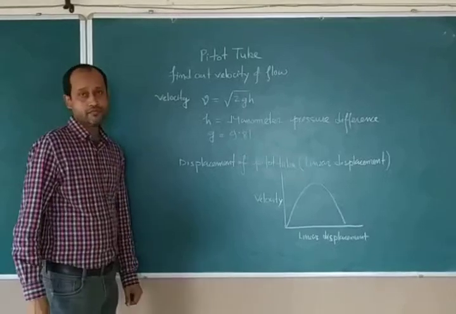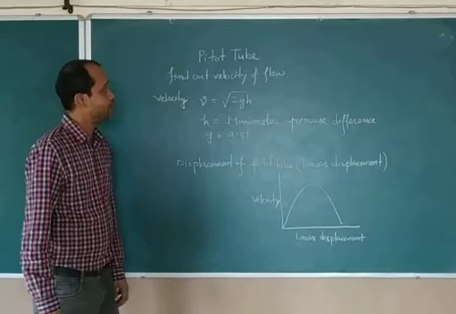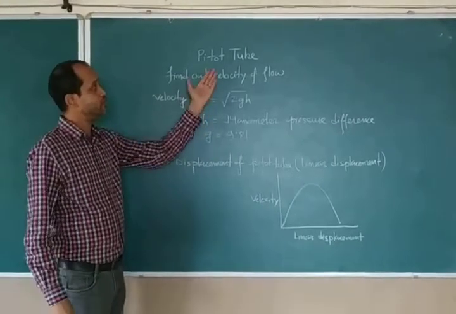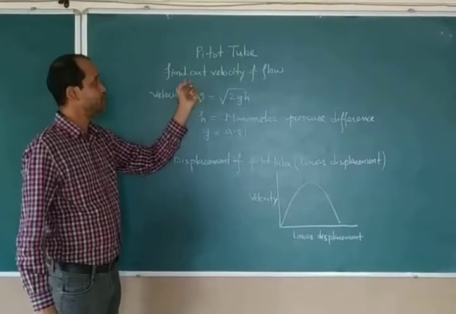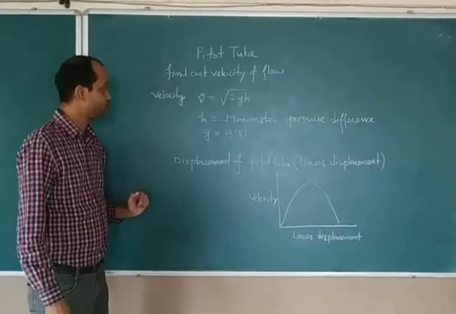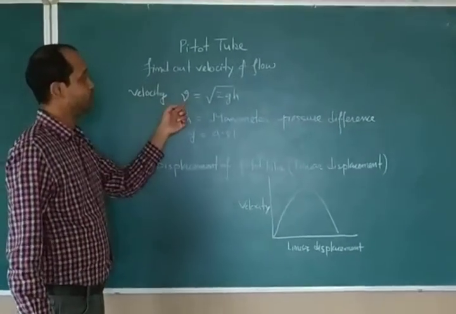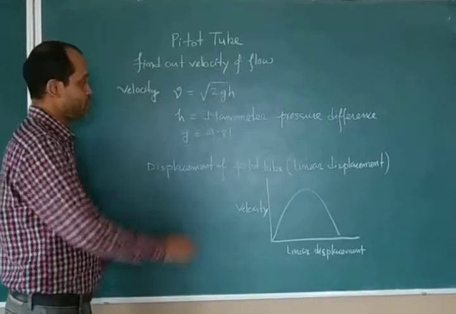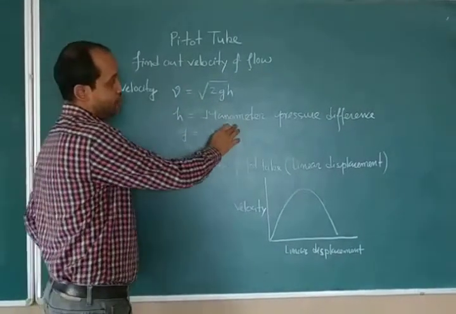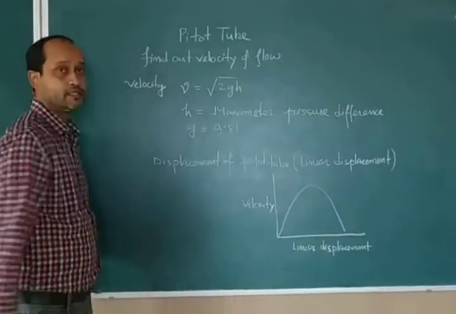So dear students, today we perform velocity of flow by using pitot tube. So apparatus is pitot tube. Our intention is to find out the velocity of the flow. So formula is very simple. Velocity of the flow V is equal to root over 2gh, where h is manometer pressure difference and g is